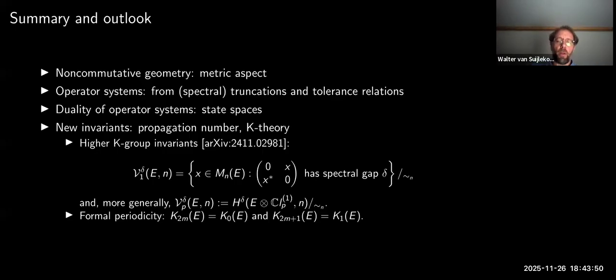The notion of invariance. So first of all, we had the propagation number. That's sort of a rough invariant. It's indeed just a number. So it's an invariant that you may use. And K-theory. And that can also be extended to higher K groups, which is actually in the Transactions of the AMS. So that's where what you do is you don't take